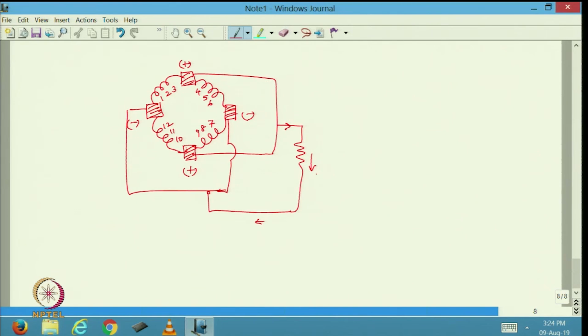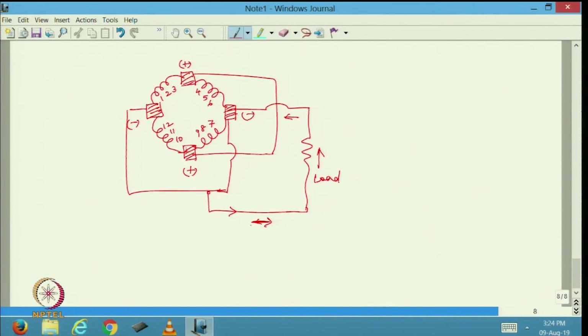So this is minus, isn't it? I have shown the current direction wrongly. So I am going to have the current flowing here like this. Let me erase this, and this as well. I can just redraw this saying that from here the load is connected and this is going to be my plus. So I am going to have the current flowing this way, and from plus the current is going to emanate like this. This is how the entire load is connected.